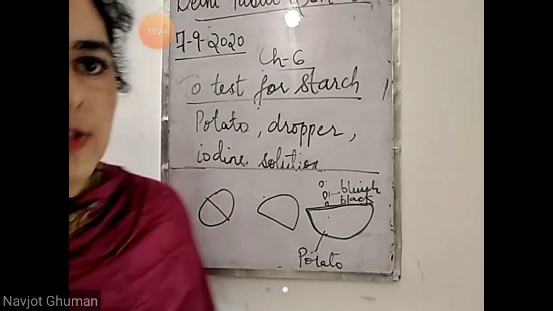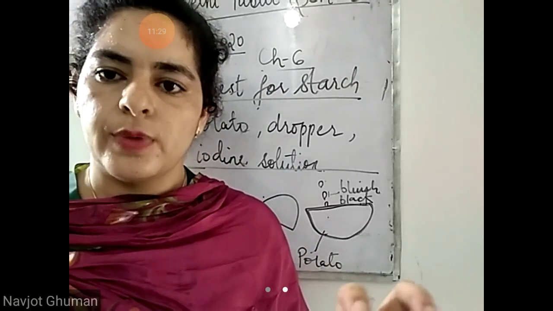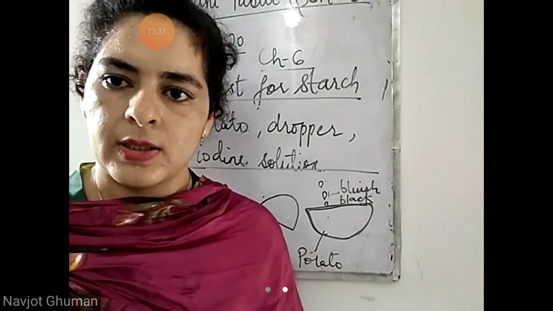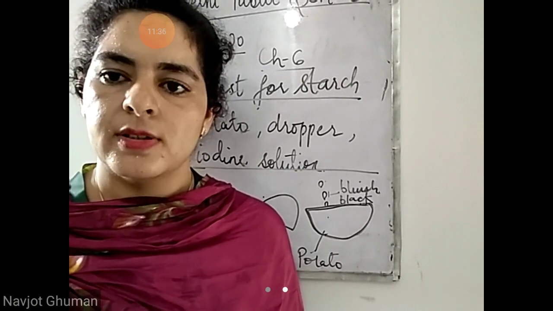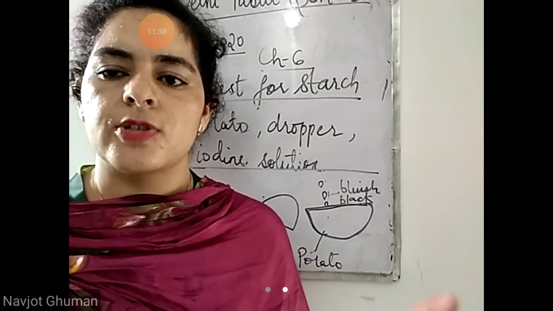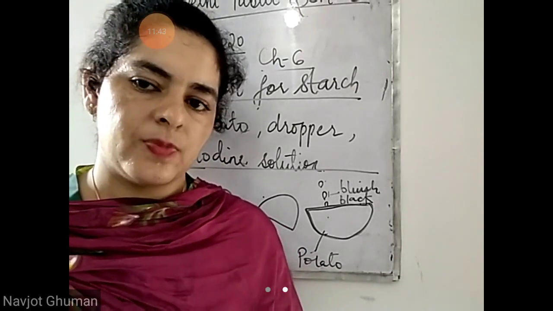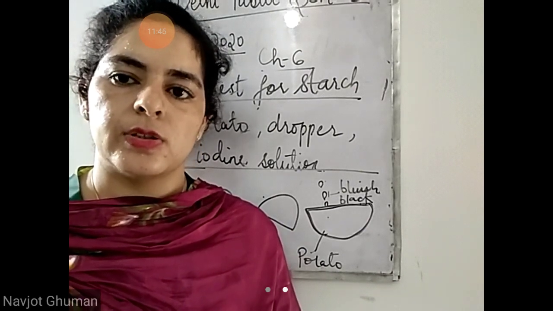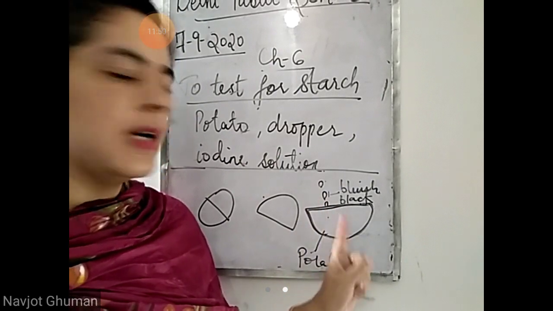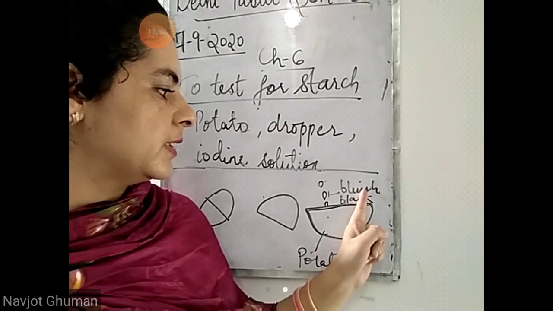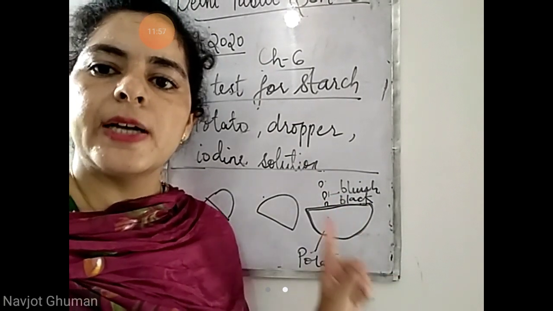But what is starch? Starch is usually of white color. You must have seen when you wash peeled potatoes in water, the water turns white color. That is starch. Maximum starch is present in potato. उसमें होता है potato, that is a white color. White color में जो पानी change हो जाता है जब potato को wash करते हो, that is starch. So when you add iodine solution on the cut part of the potato, it will turn bluish black. This shows that starch is present in potato.